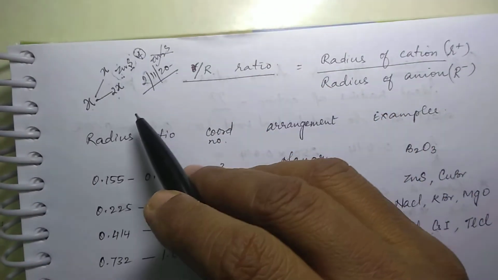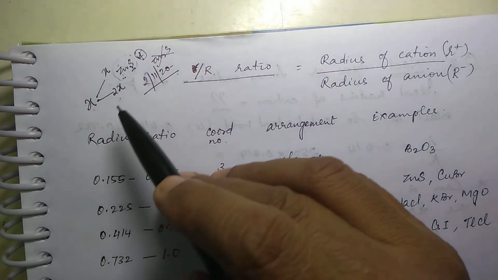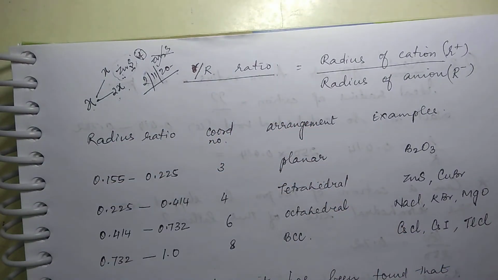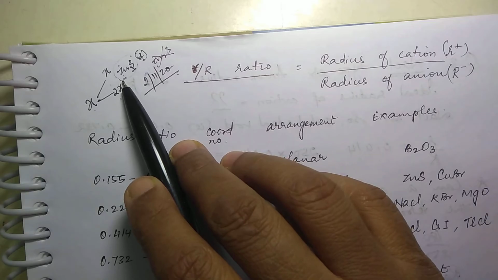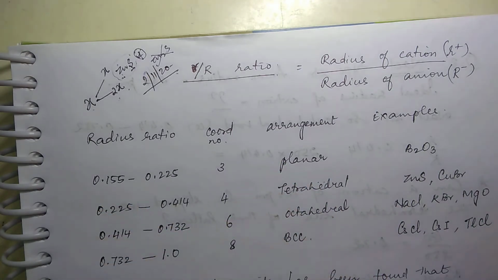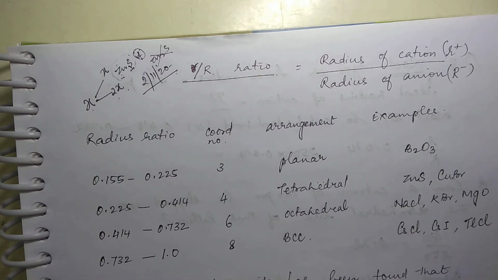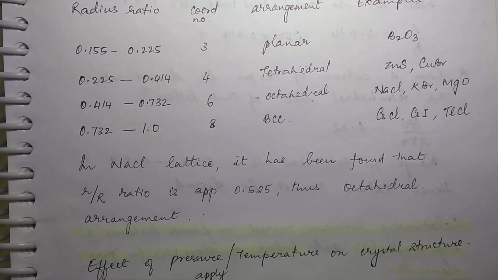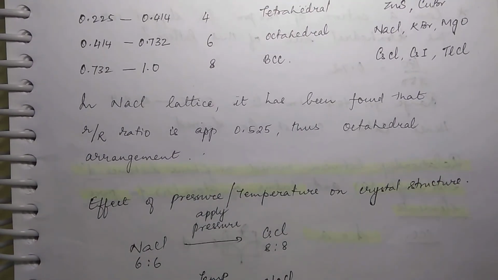It shows that out of the 2x tetrahedral voids, only 50% are occupied and the rest 50% are vacant. That is, zinc 2 plus ions will occupy alternate tetrahedral voids in the zinc sulfide lattice. Okay, this is what is indicated in the case of zinc sulfide. So this is how they studied the crystal structure, right? Anyway, so much in detail it is not necessary for you. So you need not worry. But if you know something better, it's always good. It creates interest in a particular topic, in a particular subject. Okay.